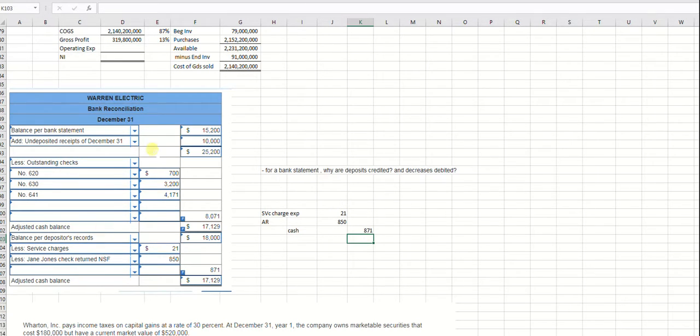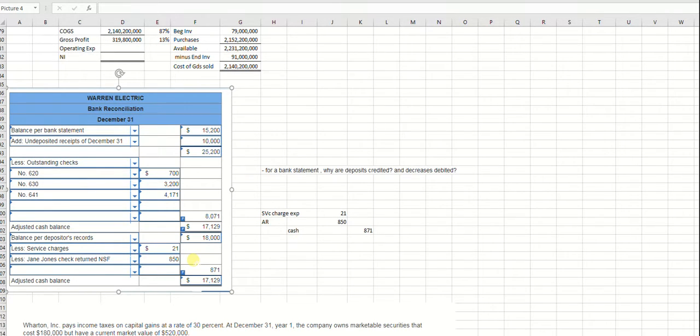So I just do the bank reconciliation and you say, hey, we have $18,000 in our bank account. Okay, and then I go through the bank statement and see, okay, well, they charged us a service charge and we haven't recorded that yet. And it makes sense that we haven't recorded it yet because sometimes you don't know the service charge until you get the bank statement. And I see there was a bounced check in there that came back because James Jones's account didn't have enough money. All right, so then I do that and say, okay, well, this agrees with that. So everything is kosher. You did a great job.